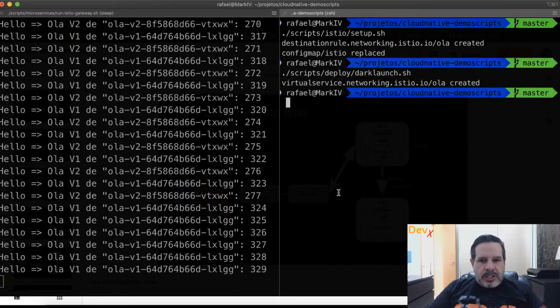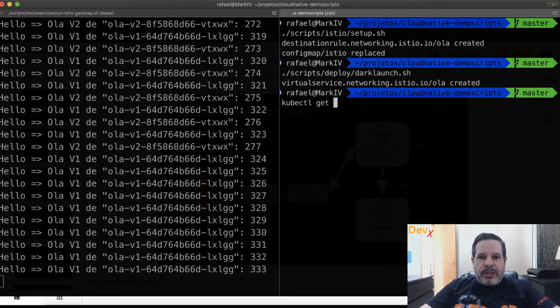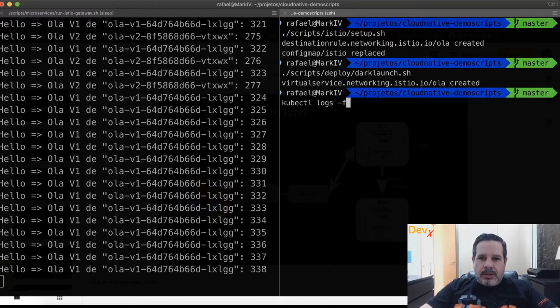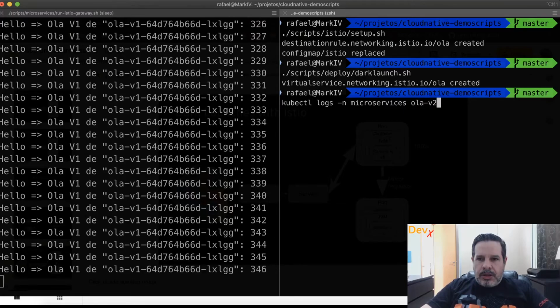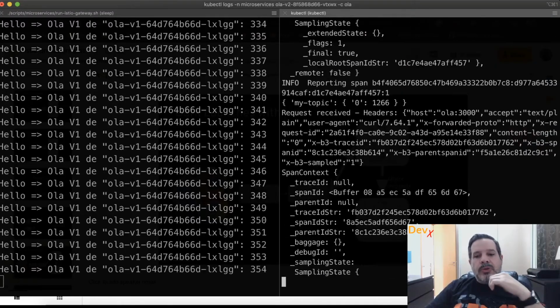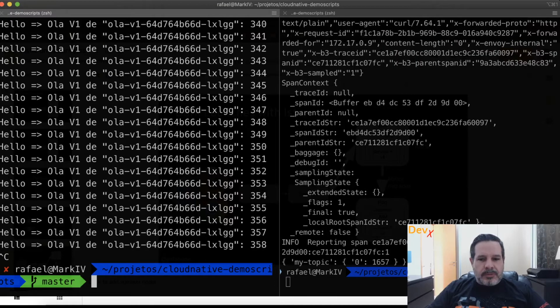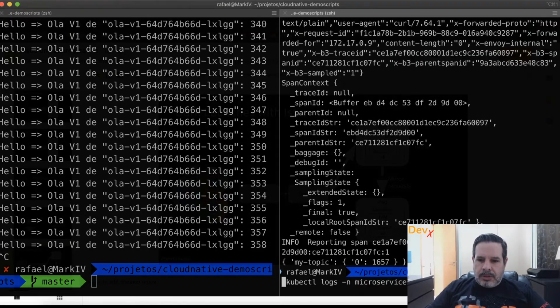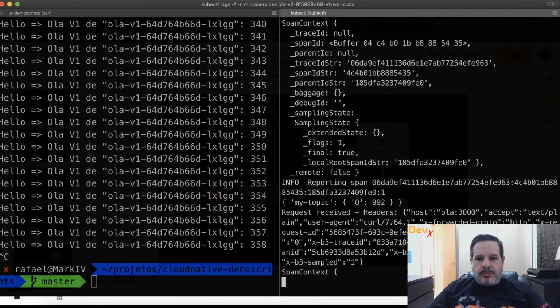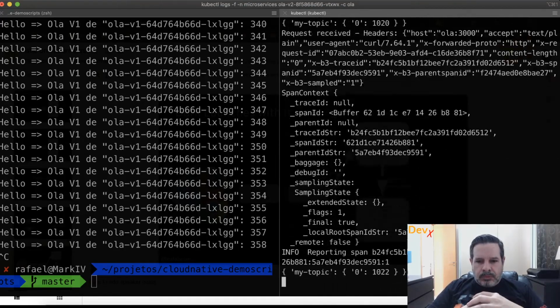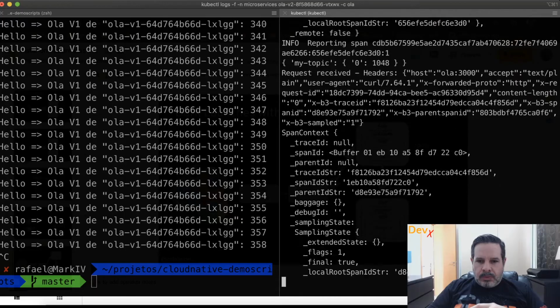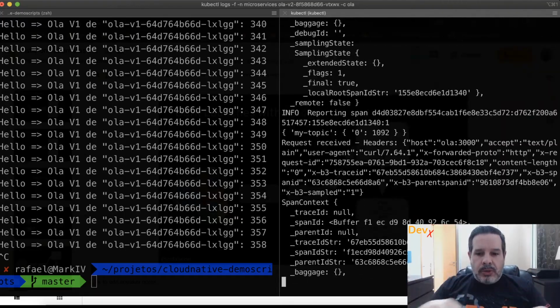Okay, now we have V1 receiving requests, but if we get the logs in the namespace microservices for the pod V2 in the container hola, we will see that V2 is receiving requests. Note here, I will stop sending requests, okay? And I forgot to say that I want to follow the logs. It's loading all previous logs until it gets stopped.